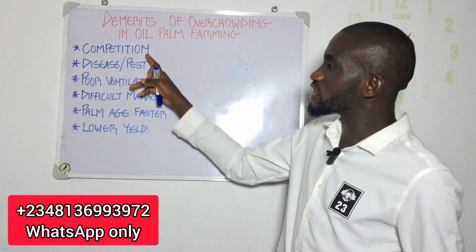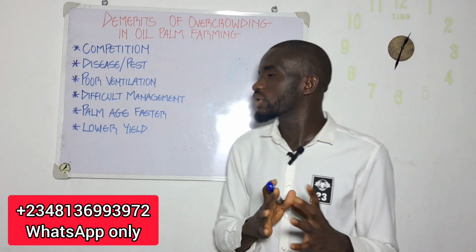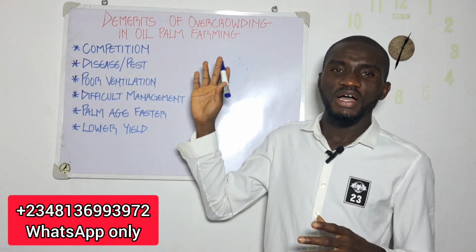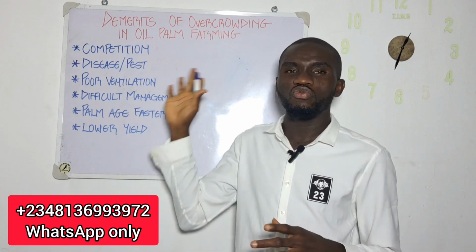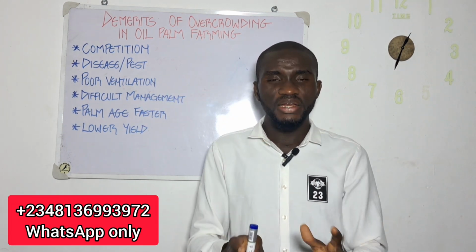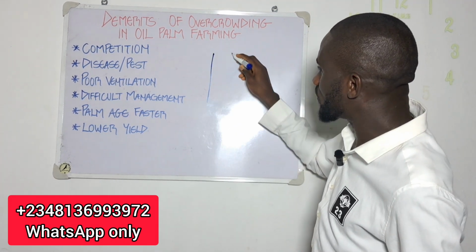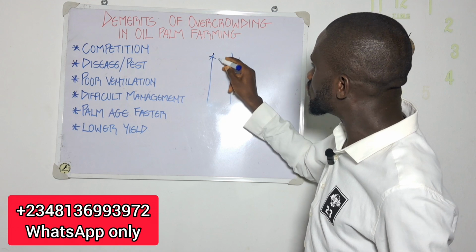So you are doing yourself more harm than good. The fourth point we'll be looking at is that whenever you have an overcrowded farmland, an overcrowded oil palm plantation, it makes it difficult for you to manage. Now, in a very standard oil palm farm,